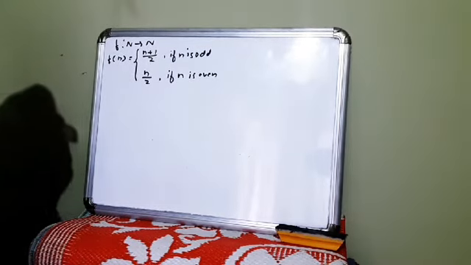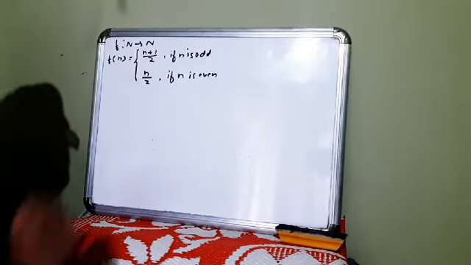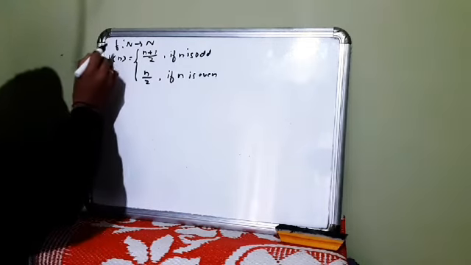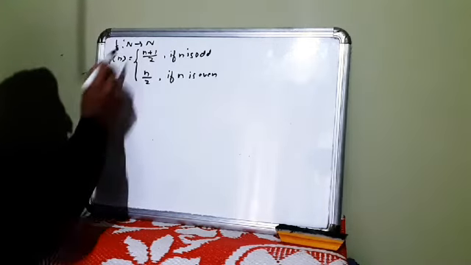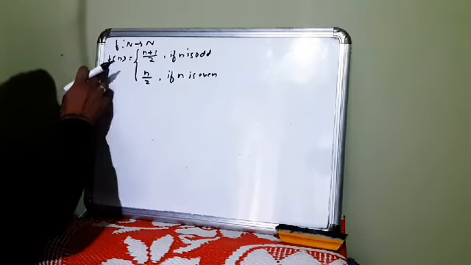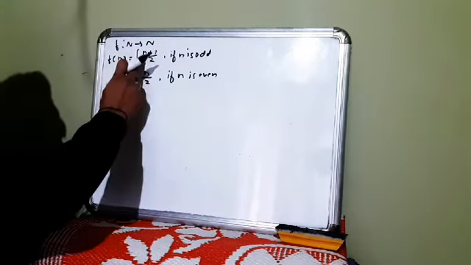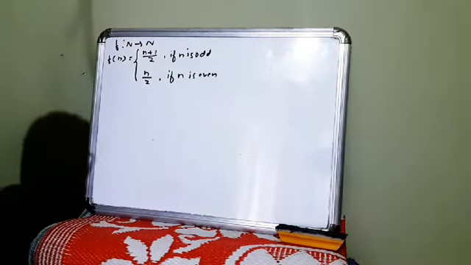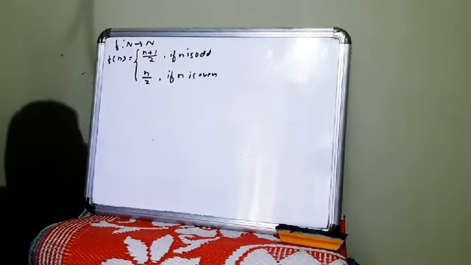Hello friends. So we will see the next example from the functions. Okay. So here f is a mapping from N to N, and f of n is equal to (n plus 1) by 2 if n is odd, and n by 2 if n is even. We have to check whether it is one-one or onto or not.